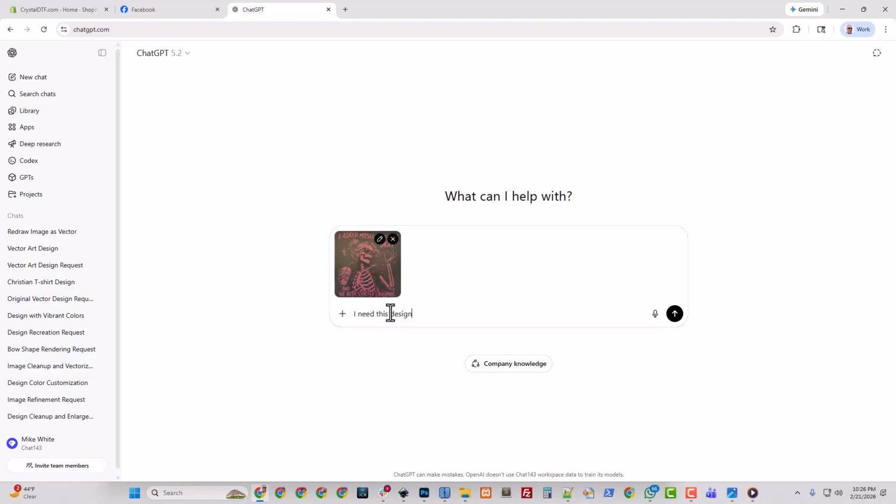I need this design cleaned up and recreated. Don't use the original. Recreate this thing. I want this drawing to have crisp lines.